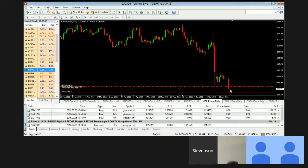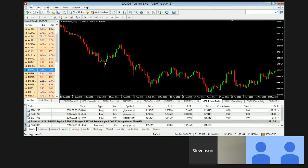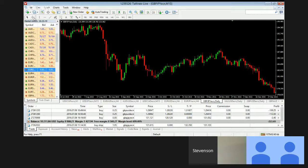I'll give you an example. There's one right here. Came down just a little bit, but boom, what did it do? Shoot up. Oh, that's a nice first hammer. Where's another strong one? One right here. Came down, what did it do? Shoot up. Trying to find you guys a good example. It's not the greatest, but even if you came here, even if you took a buy, came up around here,